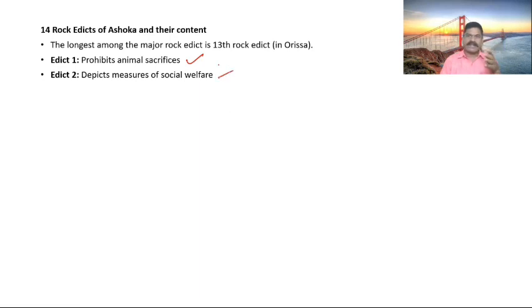In the second major edict, Ashoka took several social welfare measures. That means he planted trees on both sides of routes. Ashoka did not plant saplings, he planted full trees directly. Trees were taken up with their roots, first constructing some tunnels and inserting them into the tunnels. So Ashoka planted only trees, not saplings.